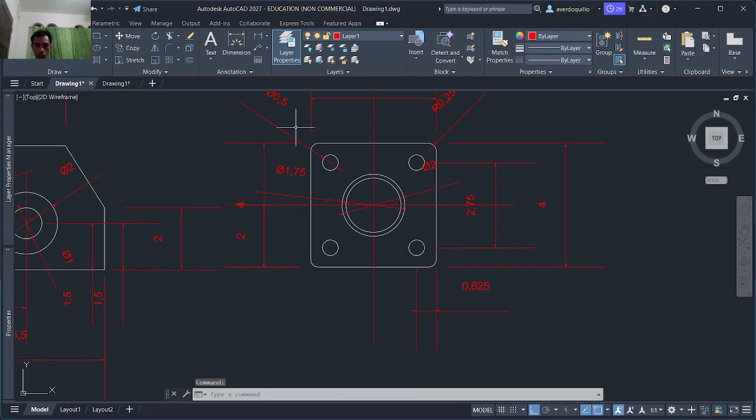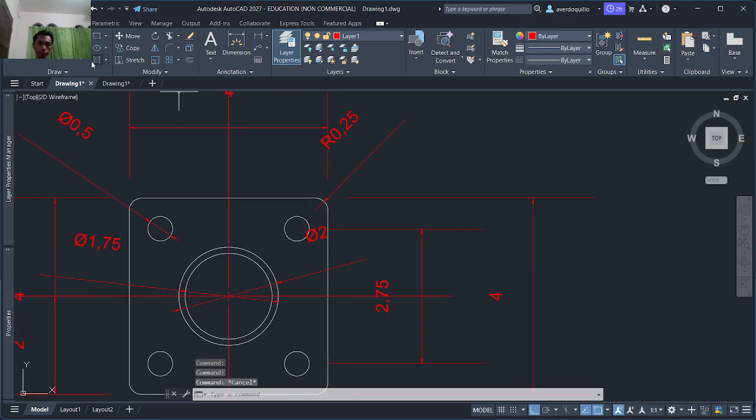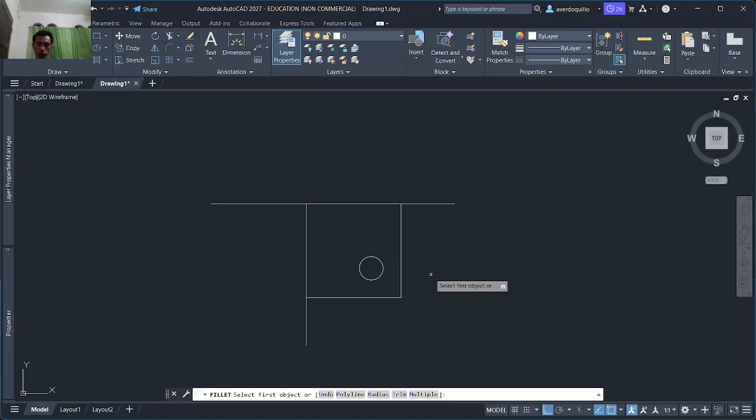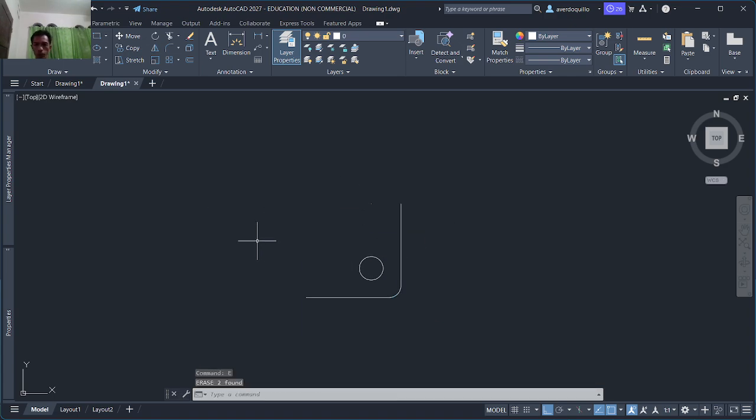Radius is 0.25. Now we got a radius measurement of the fillet here. So the R is 0.25.